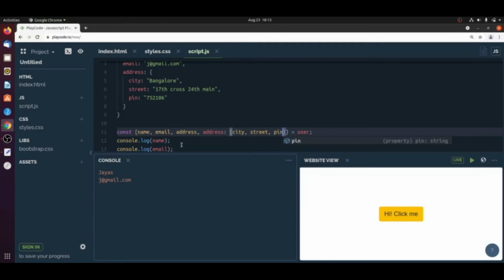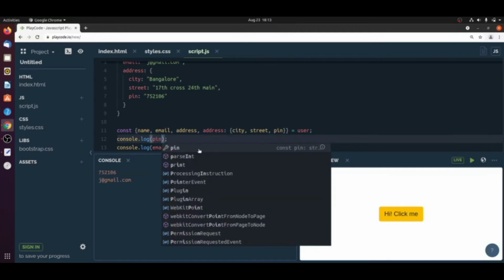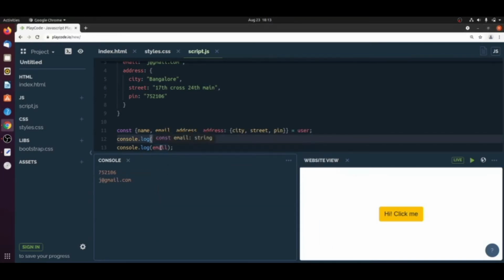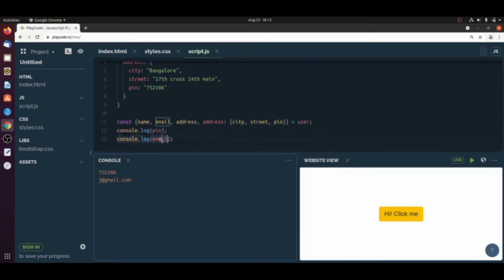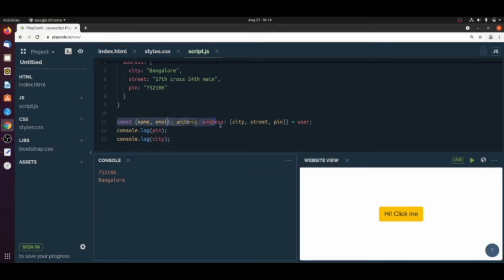Now if I try to print only the pin value, if I write here only pin, see that value is coming. If I print only city, now see the city is also coming. So this is completely called object destructuring.